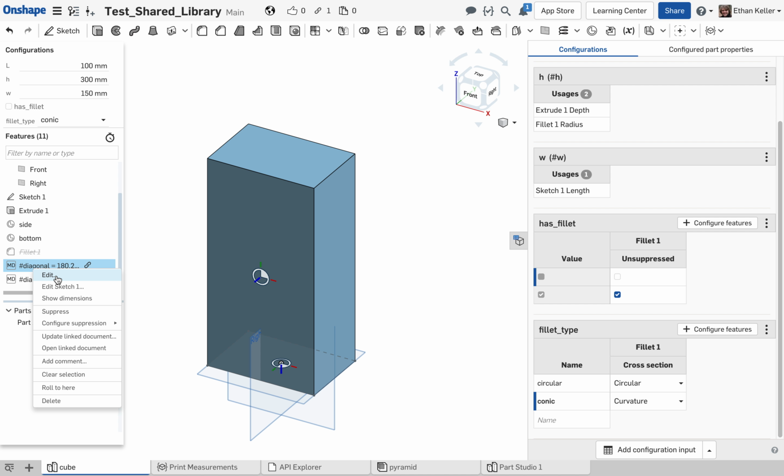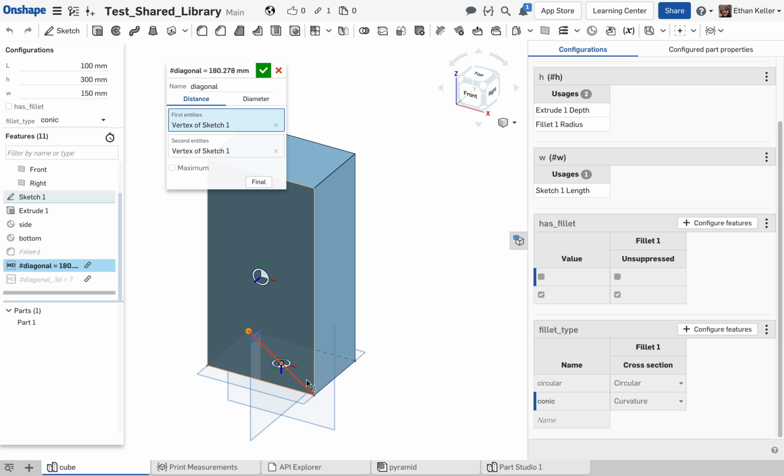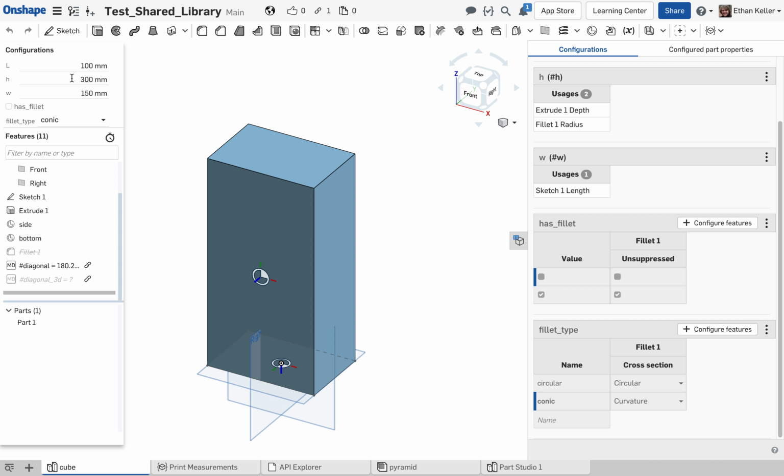So, for instance, this measure distance measures the diagonal of the bottom sketch and then sets a variable to that distance. So the variable is set to 180.278 millimeters. So you can see you could calculate the square root of 300 millimeters squared, or 150 millimeters squared, plus 100 millimeters squared, and that should be equal to that value,